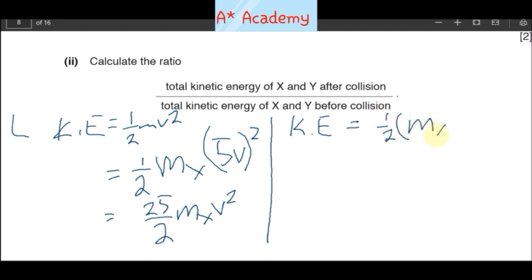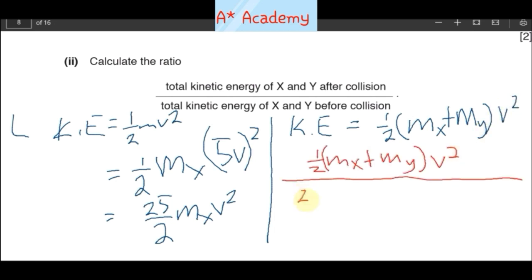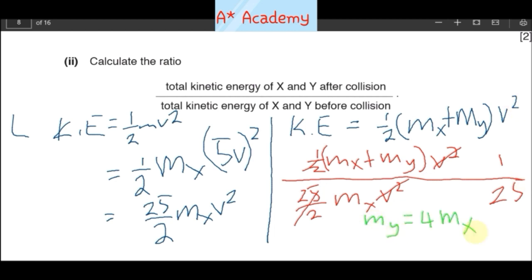Then the masses were combined, and the velocity was just v, like that. This is after collision, and before collision we have this. The v squared can cancel out, then this and that will cancel out, and we will have 1 over 25 right there. Then we have to remember that my is 4 times mx, so this thing here is